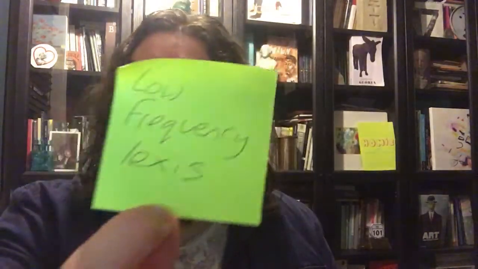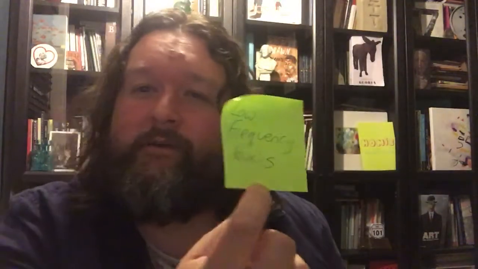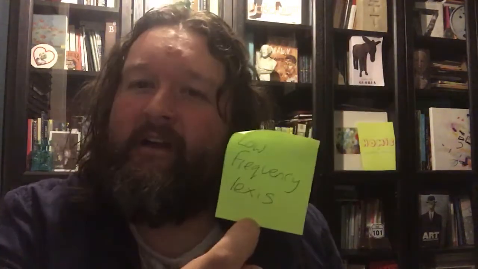One that I've not mentioned but is worth looking at is the low frequency lexis that Blanche uses. Just to remind you, low frequency lexis basically means long words, words that are not used very commonly. That's part of Williams' strategy of making Blanche seem out of place. Blanche talks with long words. She was an English teacher, so she talks like an English teacher, in the sense that she has quite an extensive vocabulary and shows that off.